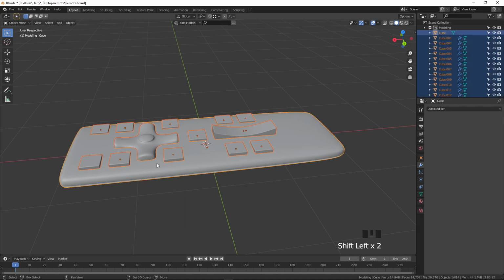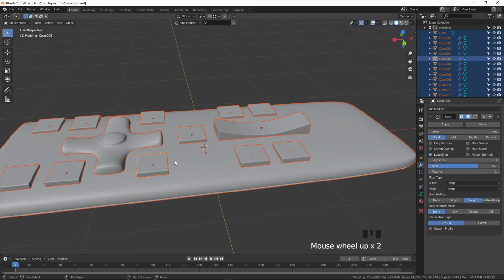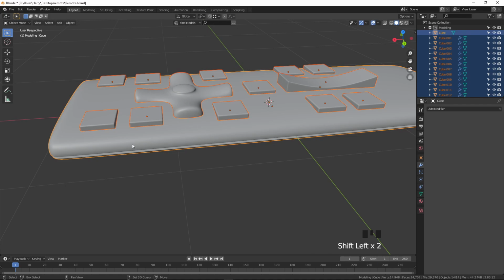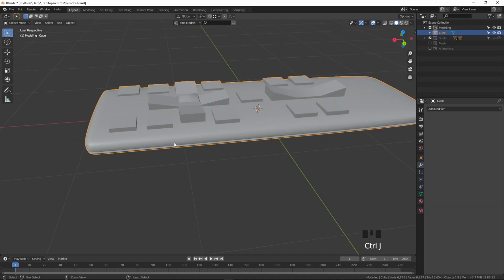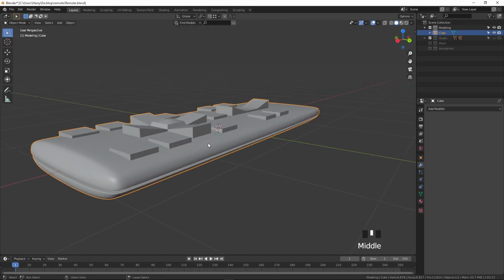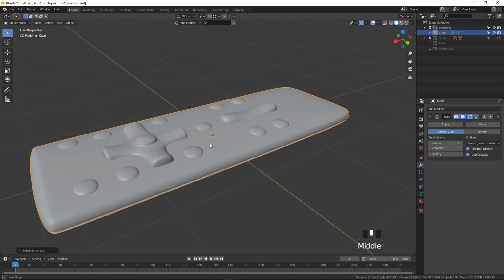I'll guide you once again. Press A to select all, press Shift and select this one, and again select this one to make it the active object. When I select this one, you can see the orange color change, that is the active object. Now I want the active object to be this remote, and I press Ctrl J to join. So now you can see it's joined. Now we can apply Ctrl 3 to make it smooth.